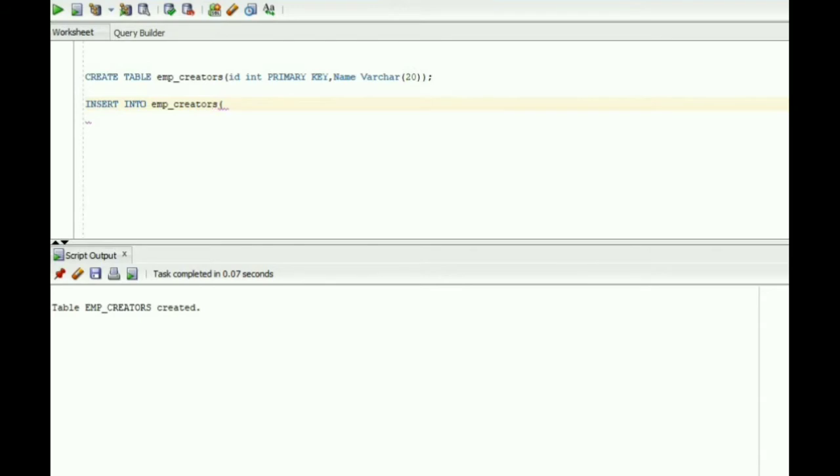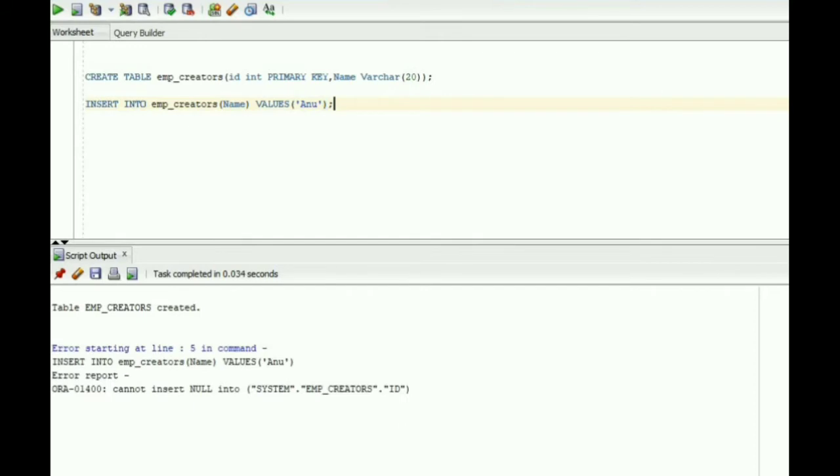I am inserting the value only in name column. Let's see what happens. Now run this. You can see there is an error, that is you cannot insert null value into ID.